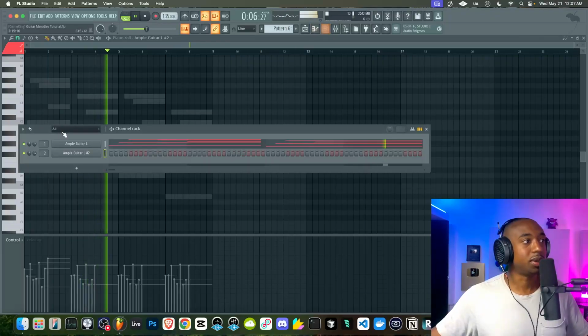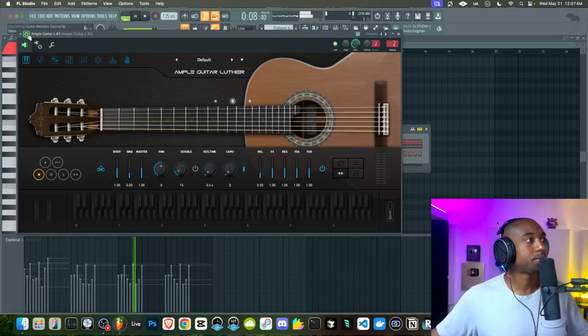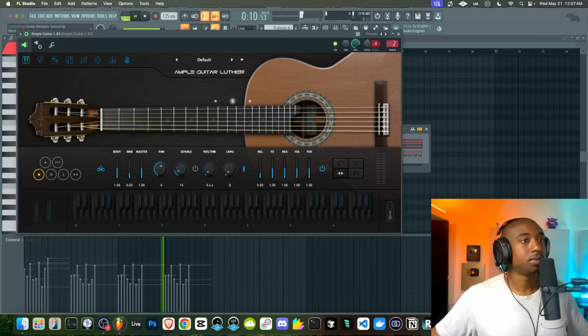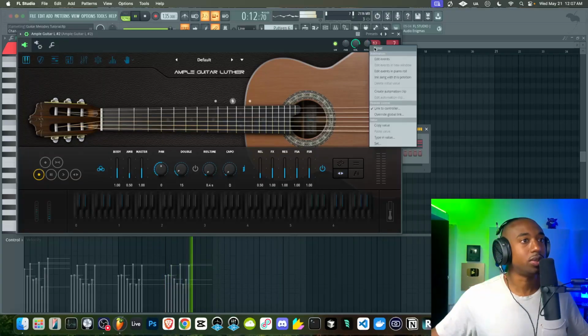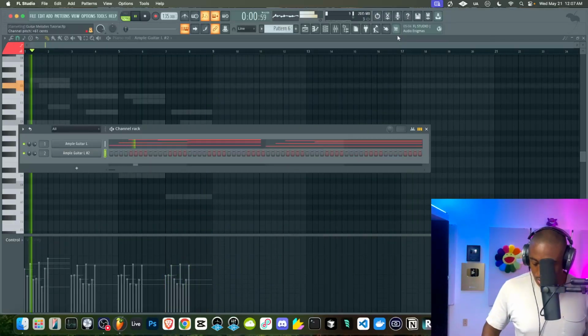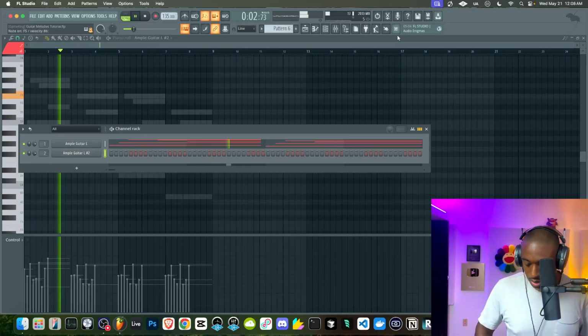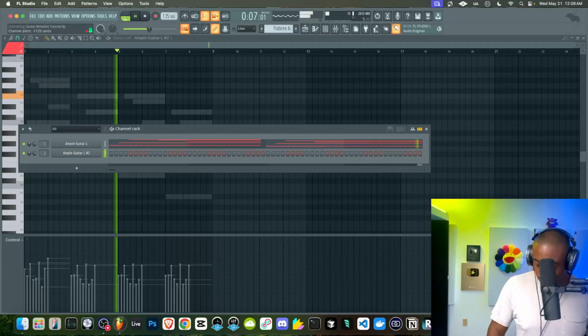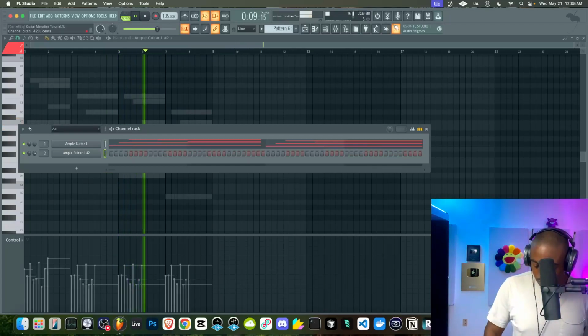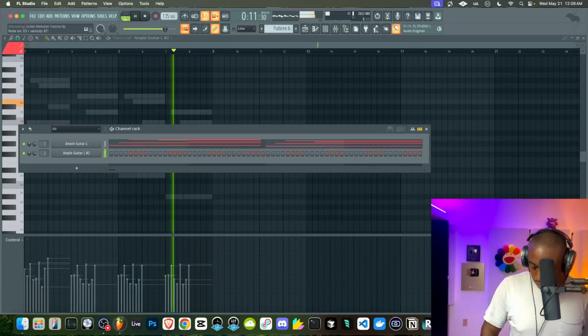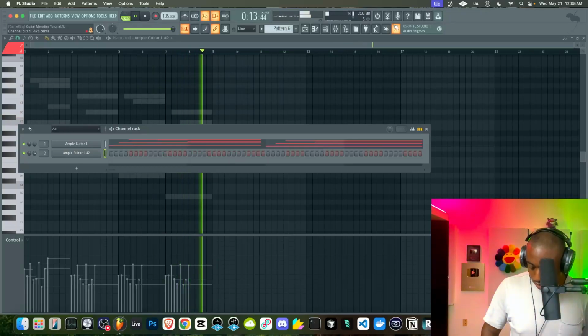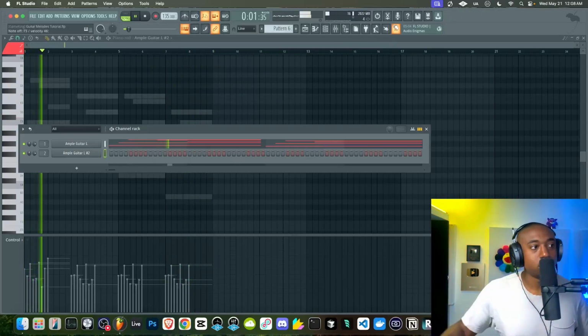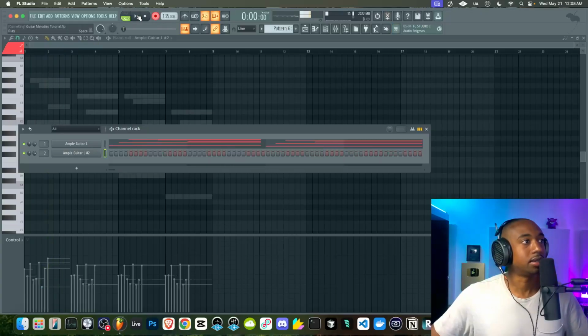Let me do one thing here. Let me set the pitch range here. I think once you set it to 12, it should have a 2 semitone. So now we can add these little accents. Let's just record this.